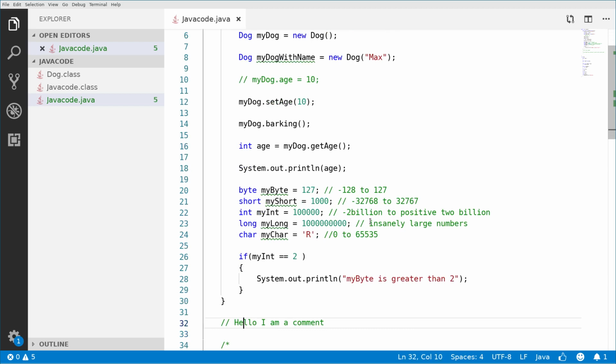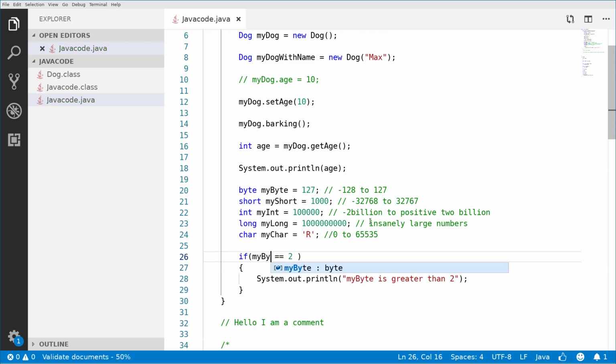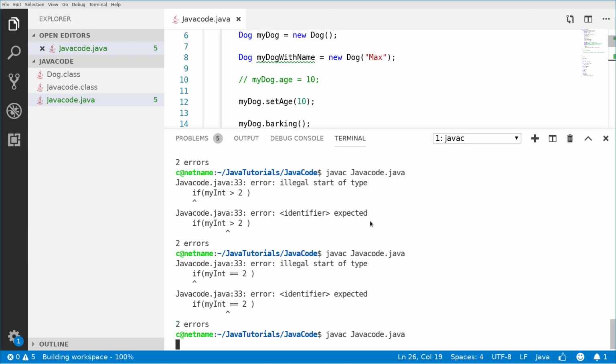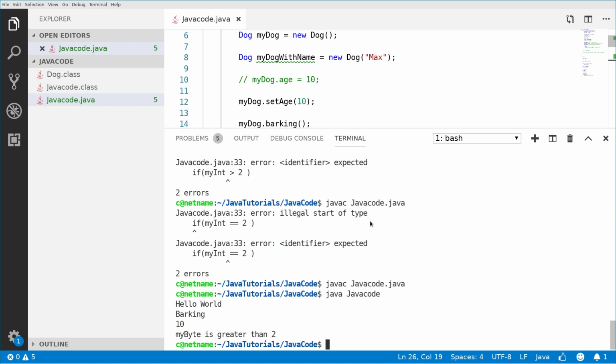And now I will go back to the original code, which is my byte. If my byte is greater than 2, okay, we compile it, and now it is working and it says my byte is greater than 2.